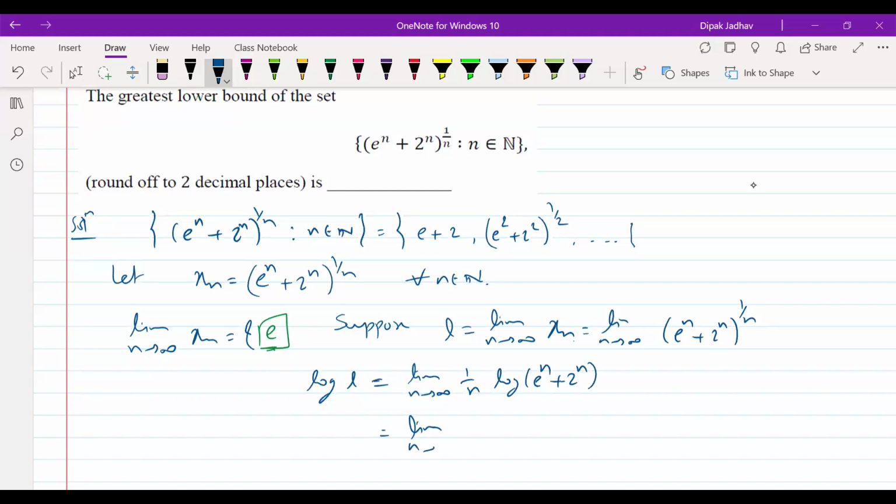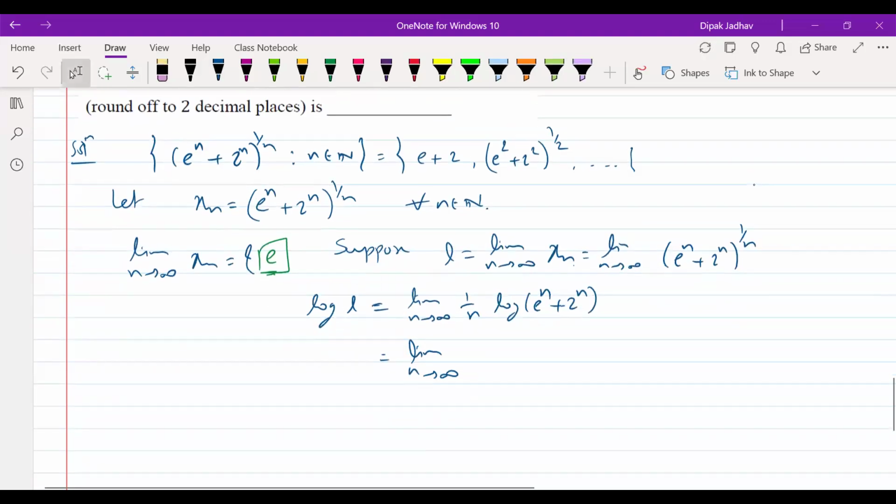Then we are aware that this looks like this: log of (e^n + 2^n) divided by n. So this is something called the infinity by infinity form. All of you must have learned something called L'Hopital's rule,